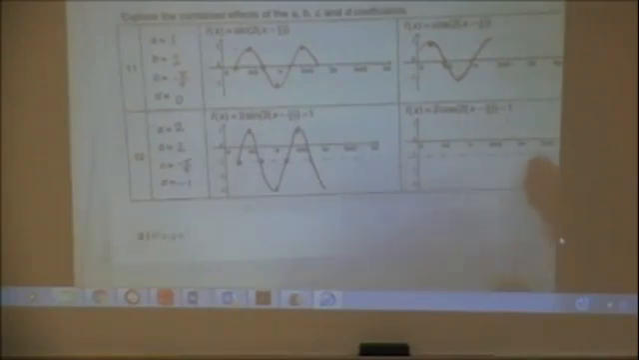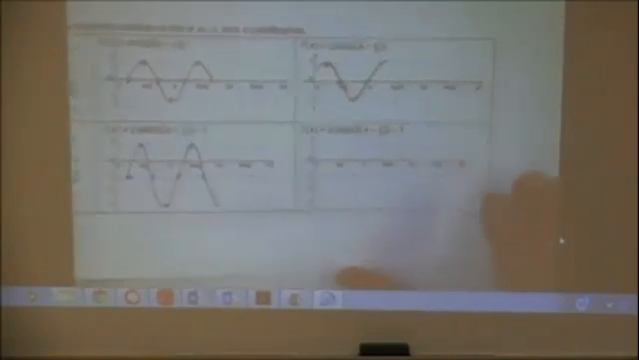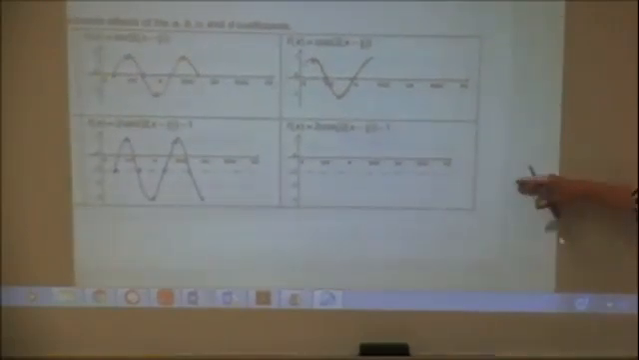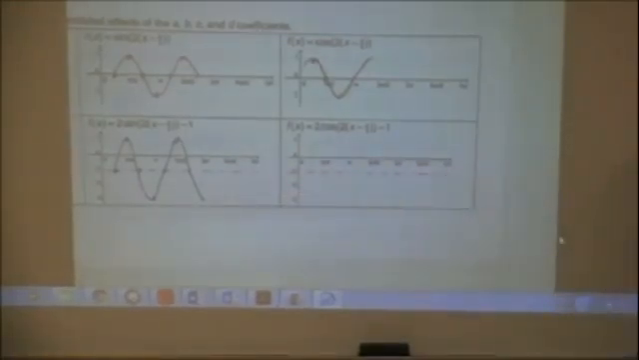Everybody okay? Make sense? We can do the same thing for cosine. I drew in my central axis, and I know that cosine always starts one amplitude above the central axis. That's the bell. We'll do that tomorrow, and then I'll give you